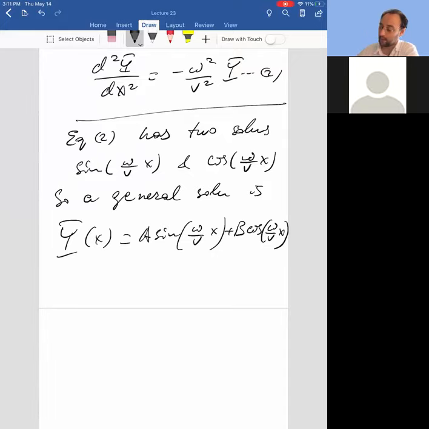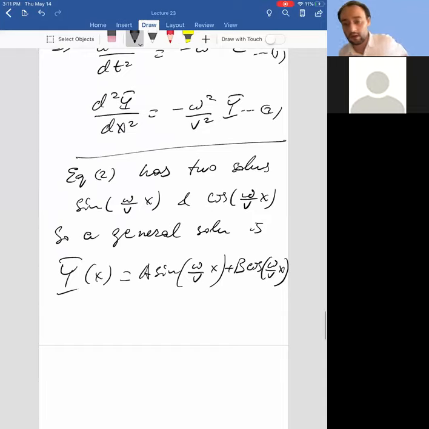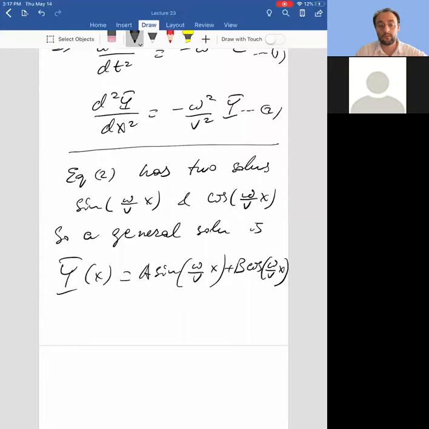And what I just did is I basically wrote down a general solution to an ordinary differential equation, something that you should be comfortable with from your linear analysis class. Now, of course, there are lots of differential equations out there. Some are very difficult to solve, but this one you must have seen before. And I just wrote down that general solution. Okay, good. So I have a general solution.